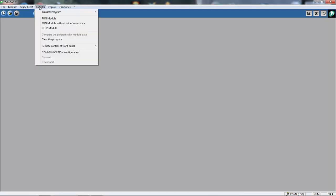This video follows on from the video where I showed you how to program the Zelio from the function keys on the Zelio itself. Now we can open up the Zelio software, which is available free off the net. Here I've opened up the program. Now I've plugged the USB connector into the Zelio unit, and now I can actually transfer the program, whatever program